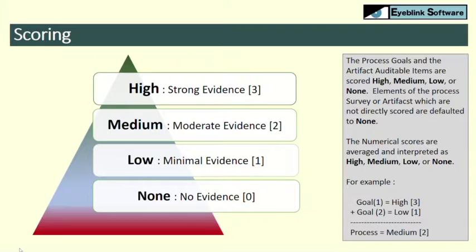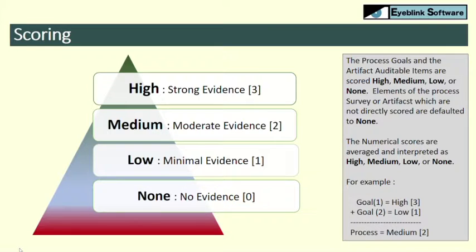High is an indication of strong evidence. In a process survey, it's indication by you, the customer, that strong evidence of that goal for a process is being performed. Medium, moderate evidence. Low, minimal evidence. None, no evidence. In the case of artifacts, the evidence is an indication that the template details are found or are not found